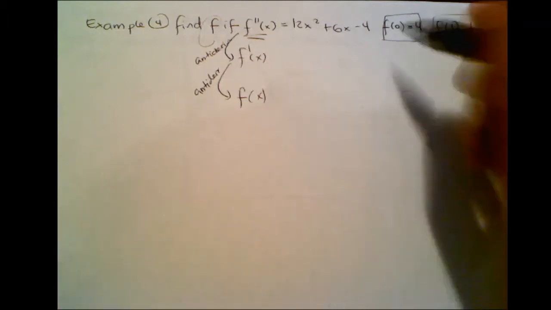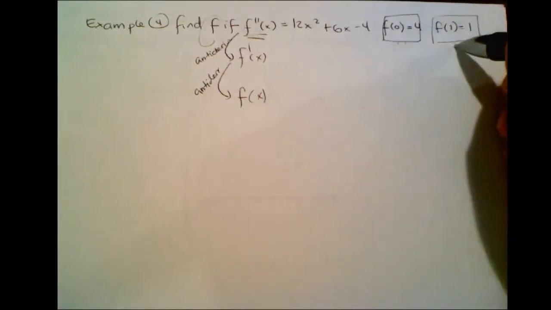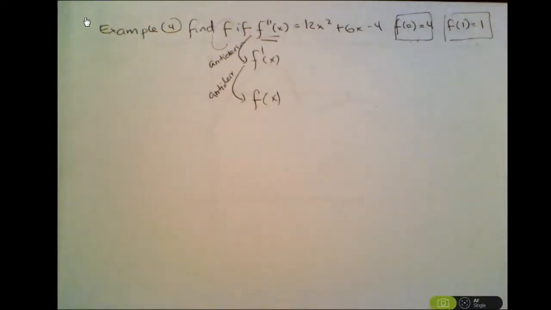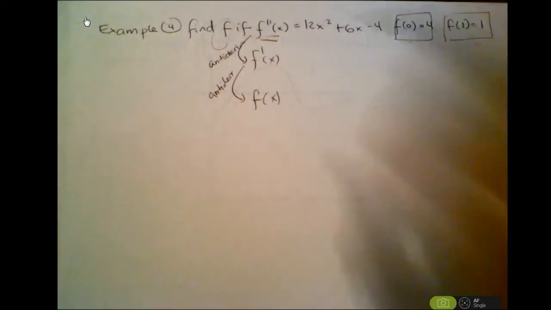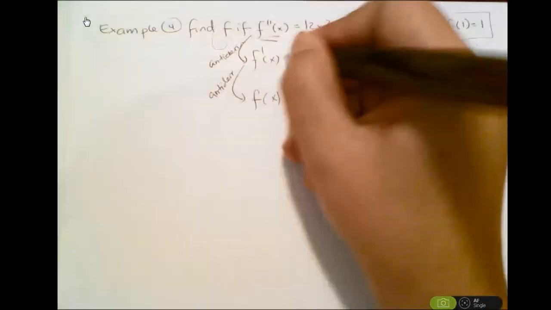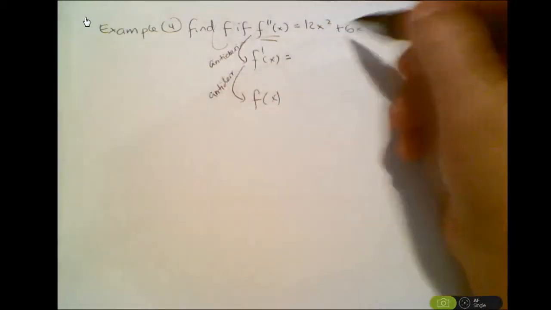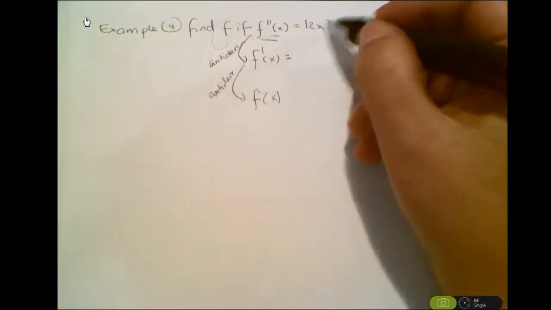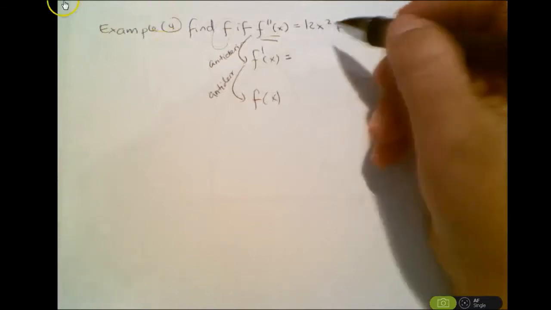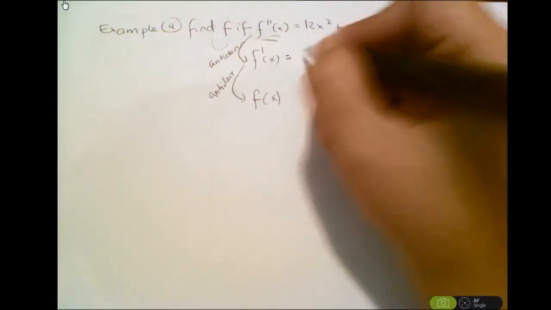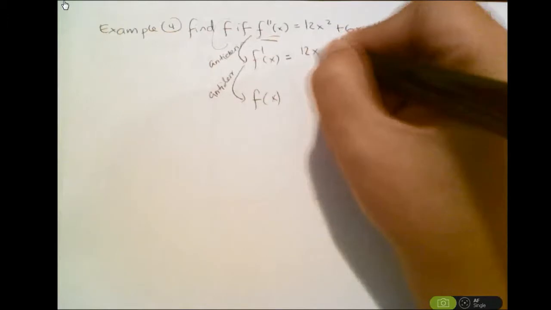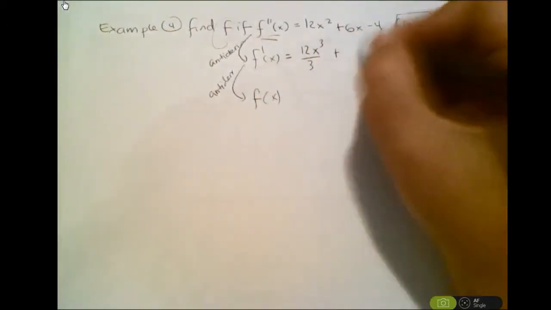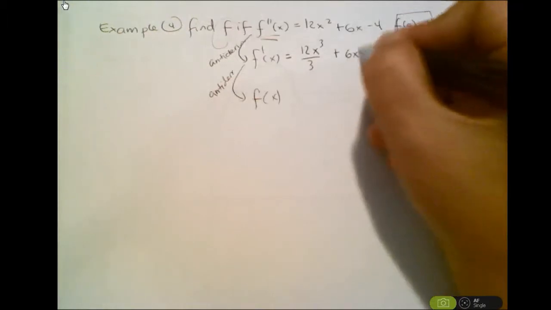You know why you're given two pieces of information, probably because you're going to have two unknowns. Okay, so let's find f prime of x if we know the second derivative. Since all of them are just powers of x, I'm just going to apply that power rule. 2 plus 1 will be 3, so I know I'm going to have 12x cubed over 3 plus, since here the exponent is 1, I'm going to add 1 to it, which is 2 over 2